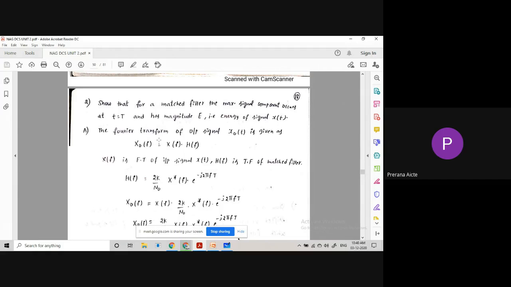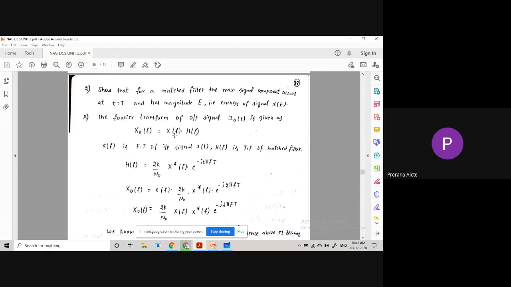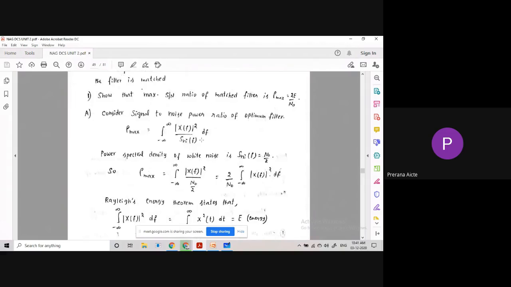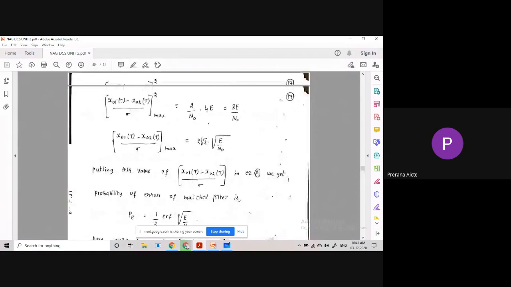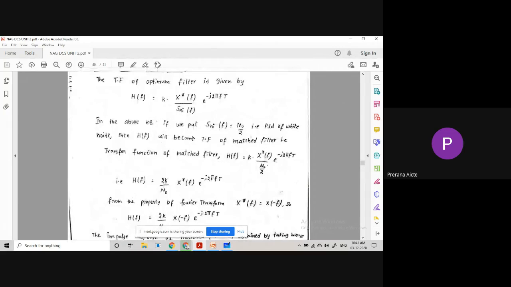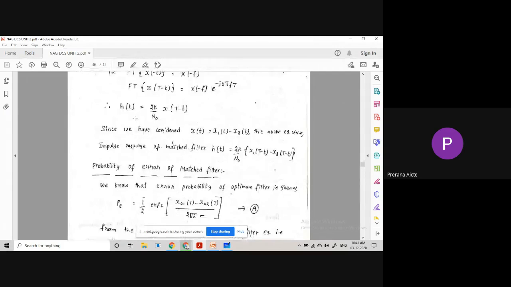We know the Fourier transform of the output signal for a given input signal x naught of t is nothing but X naught of f equals X of f into H of f, where X of f is the Fourier transform of the input signal x of t, and H of f is the transfer function of the matched filter. Just now, in the starting, we have seen the transfer function of the matched filter H of f as well as the impulse response of the matched filter, right? So based on that relation, we are writing here